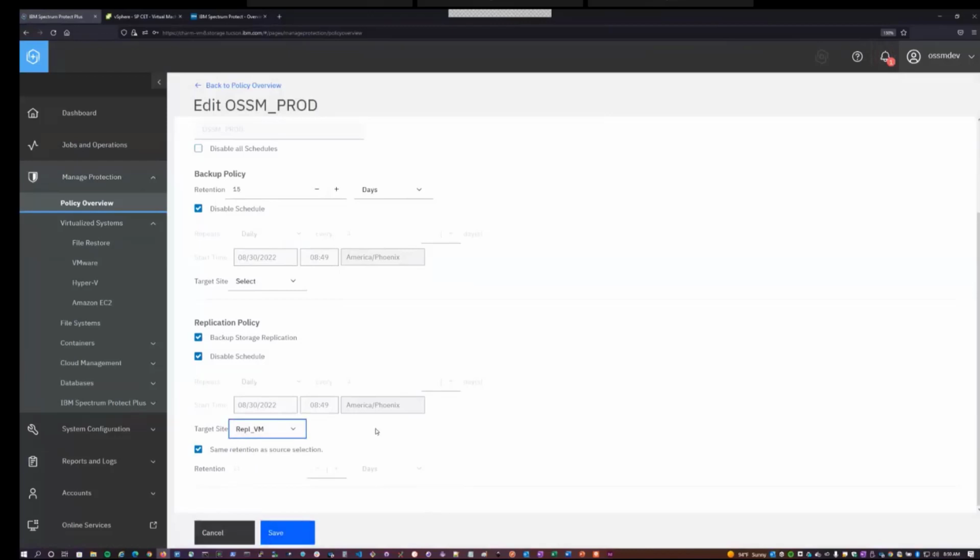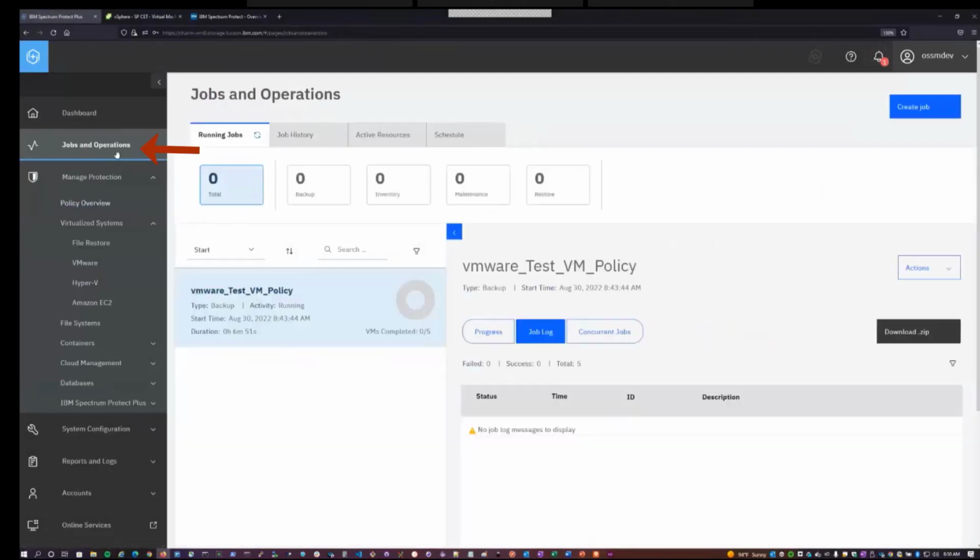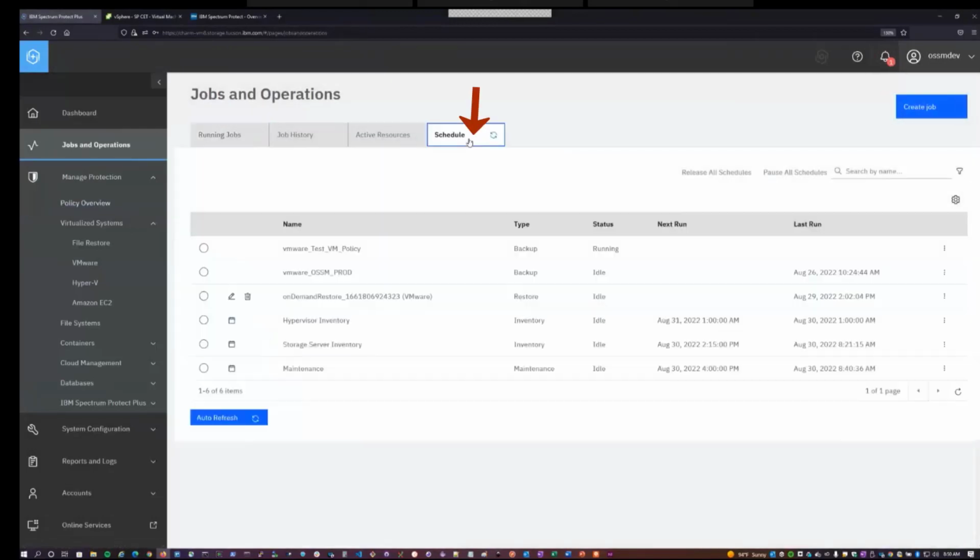So to enable replication with an SLA, you'll want to click this checkbox for backup storage replication, and then choose the target site where the target OSSM storage resides, which will need to be different than your source site. To actually run replication, if your schedule is configured to run automatically, backup will run first and then replication will run afterwards. Or you can run a replication manually by going to your associated schedule,